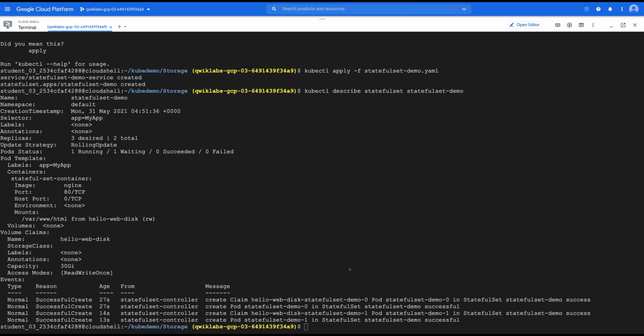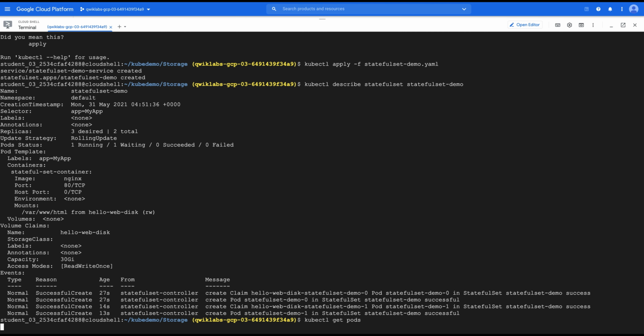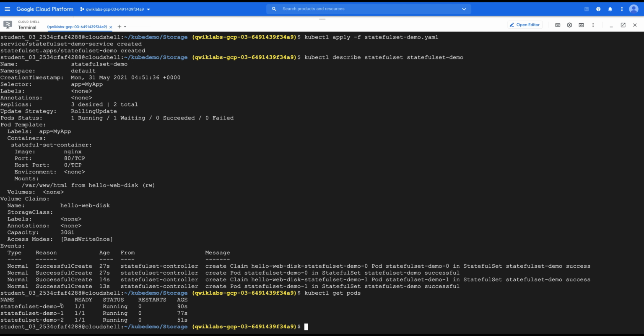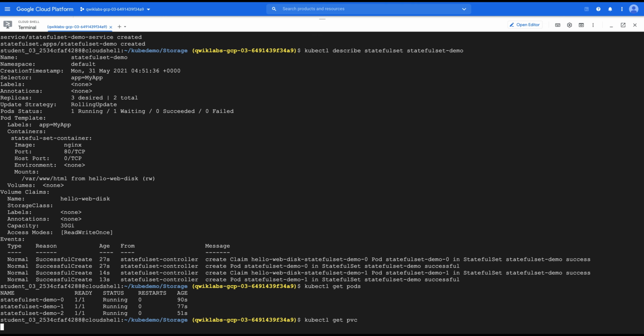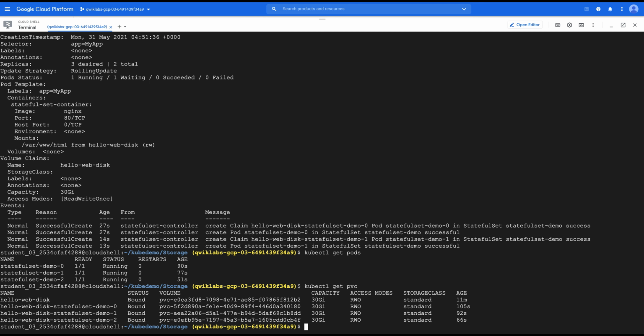Now let's try to list the pods. Here we have 3 pods running, demo 0, 1 and 2. Also let's list the PVCs. Here we have 3 PVCs created for them.